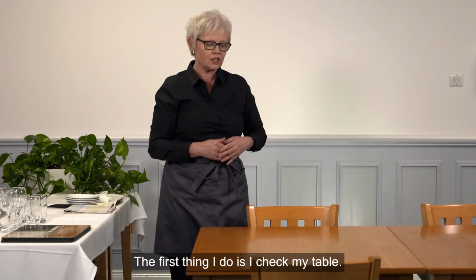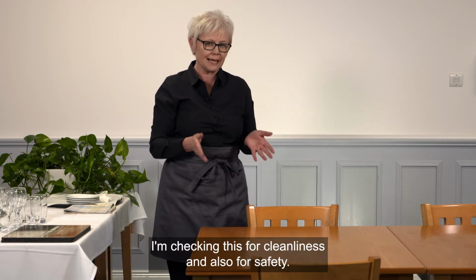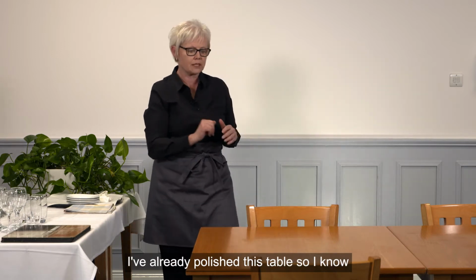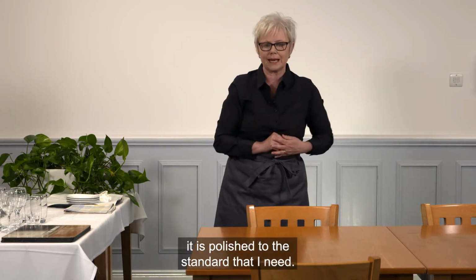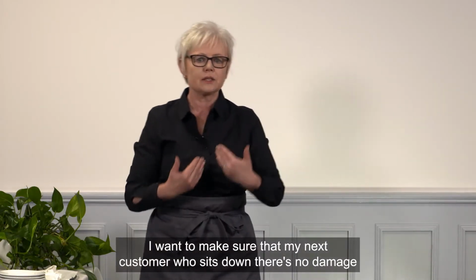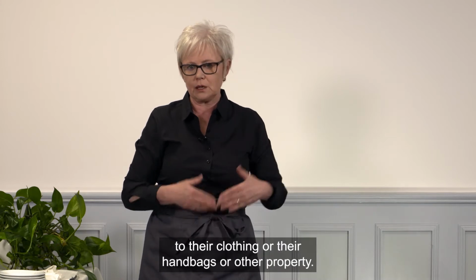The first thing I do is I check my table. I'm checking this for cleanliness and also for safety. I've already polished this table, so I know it is polished to the standard that I need. I want to make sure that my next customer who sits down, there's no damage to their clothing or their